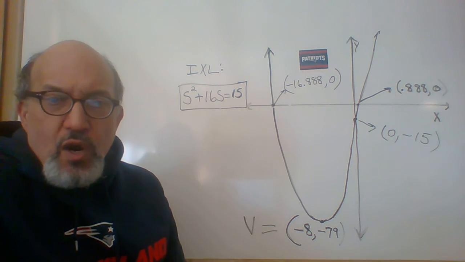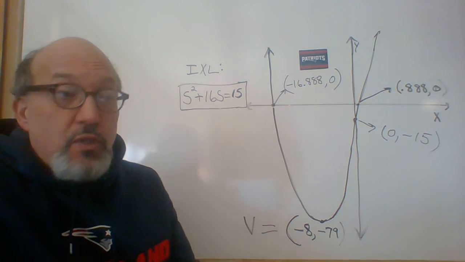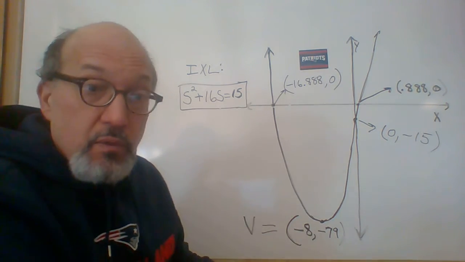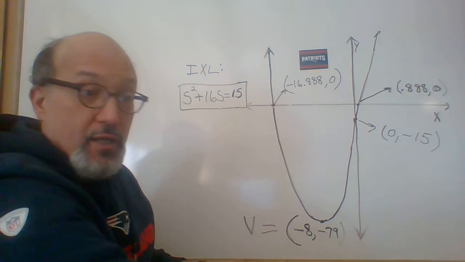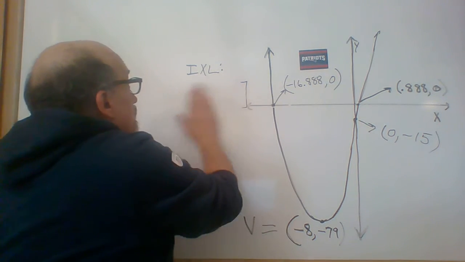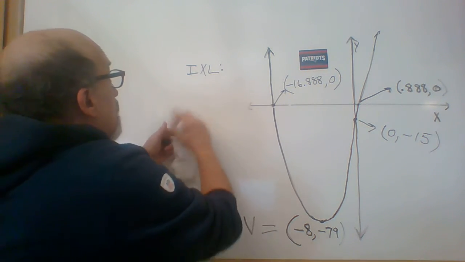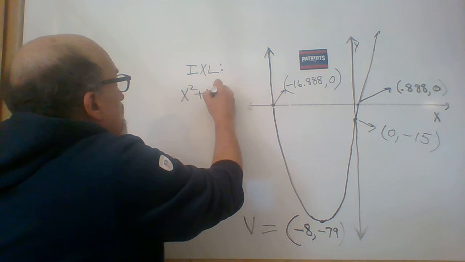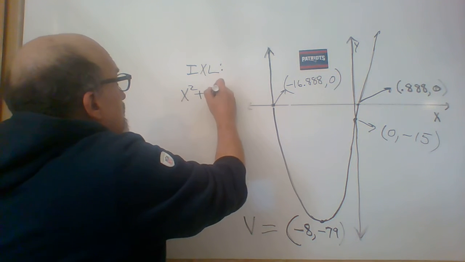Those letters x and y are arbitrary, but everybody uses them, so why confuse things with s's? So you're going to have to deal with that with IXL, but at least for now, let's just make this look more reasonable as x squared plus 16x